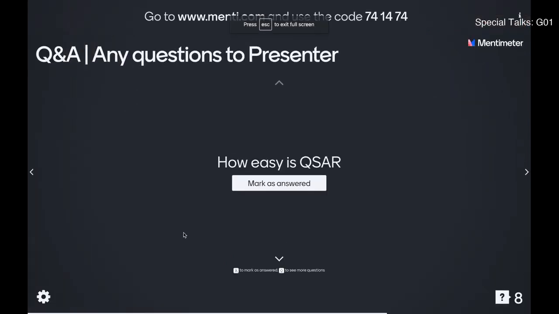How easy is QSAR? Let me tell you, QSAR is not at all easy. It is one of the most difficult and very cautious methods that you have to use. On each step, human intervention is required. On each step, your expertise has to be put in to make decisions and selections, whether the structure got the right